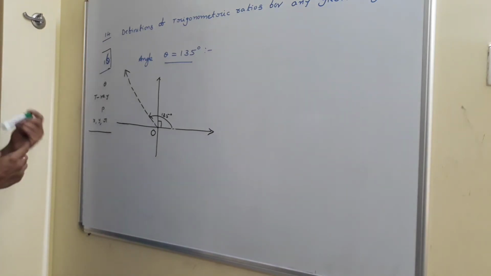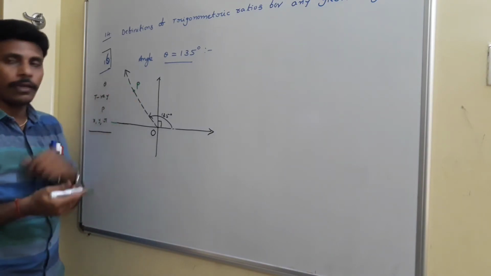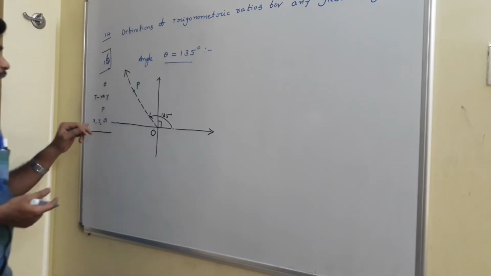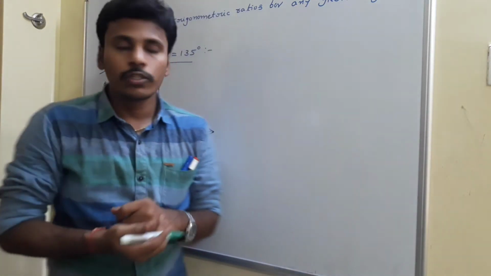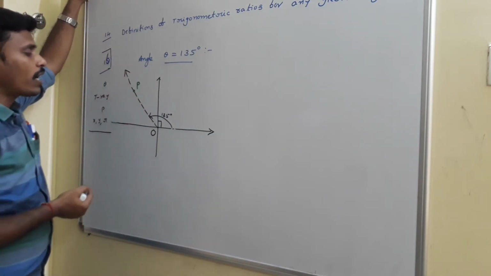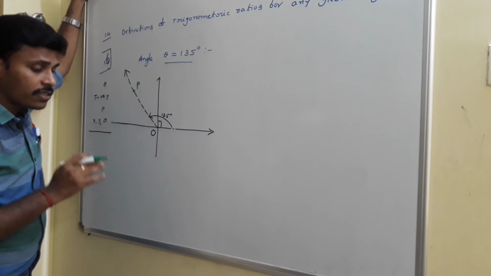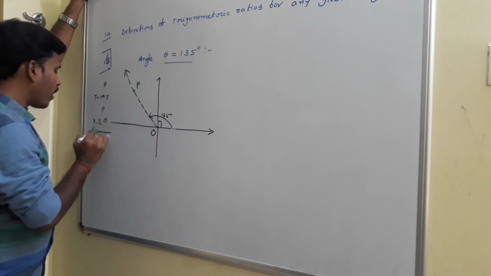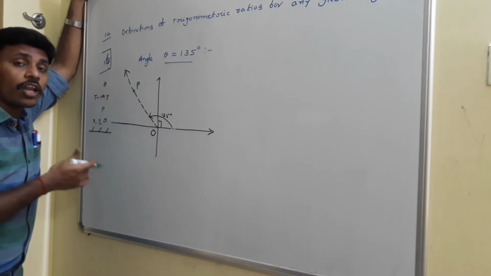Take a point P on the terminal ray. Suppose this is our P, is it clear? And this is my P. So, identification of P also gets completed. And after identifying P, you need to look at X, Y, R. That means X coordinate of P, Y coordinate of P, and R value. For that, to calculate X coordinate and Y coordinate, I am going to construct a triangle here. Actually, no need to use a triangle; my concentration is not on the triangle. My concentration is on identifying the X value, Y value, and R value, but in identifying them, I am using the logic of the triangle.